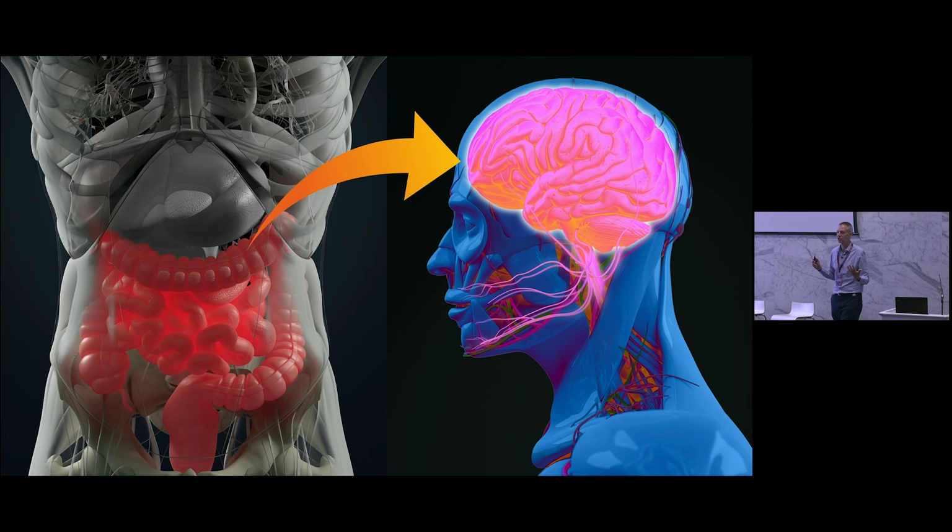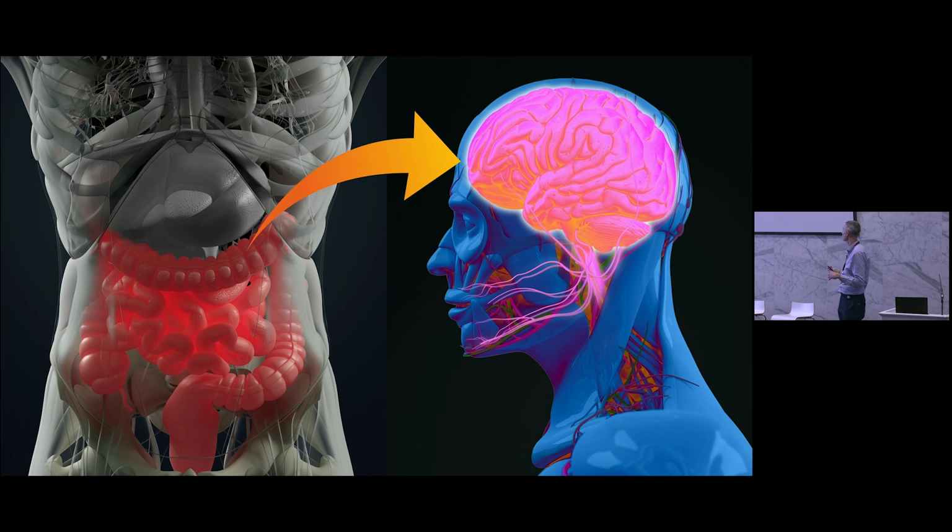Now, what happens in our gut doesn't just stay in the gut. There's a lot of work and a lot of interest now in knowing that what happens in our gut can affect our health in lots of other ways. There's a thing called the gut-brain axis, where we know that things that happen in your gut microbiome can affect your cognition. What happens in the gut has been linked with loads of other diseases, including various diseases of cognitive performance. So we're very interested in trying to understand how. What happens in your gut will affect the metabolites that get into your bloodstream, and that can affect function in other parts of your body.